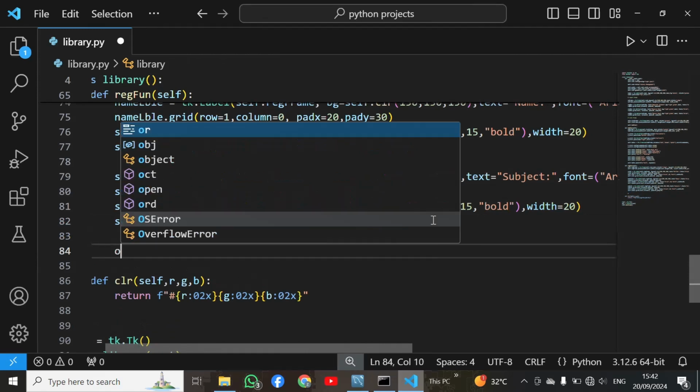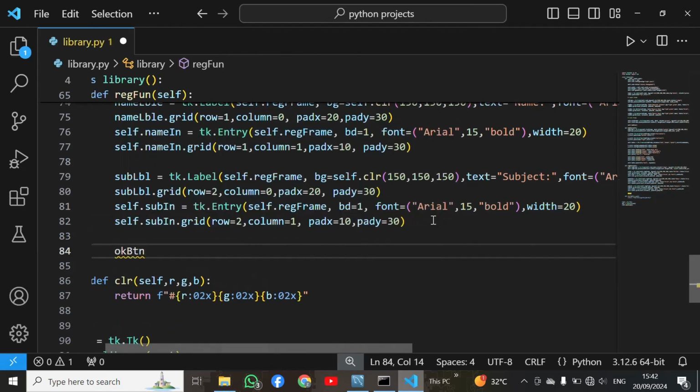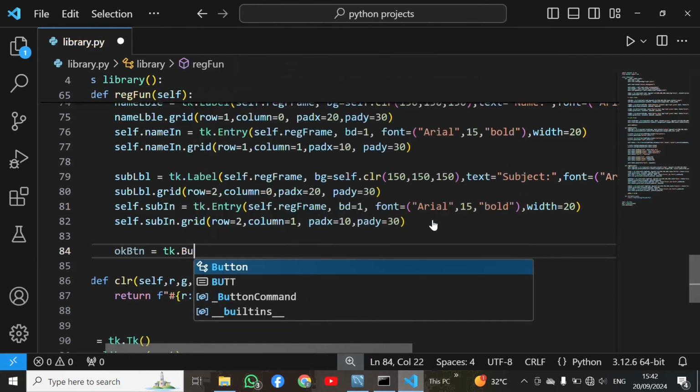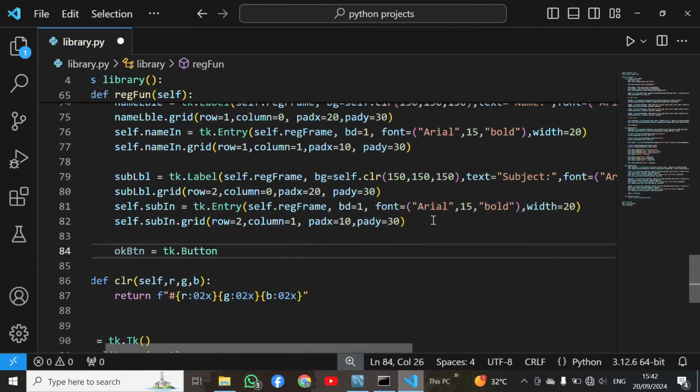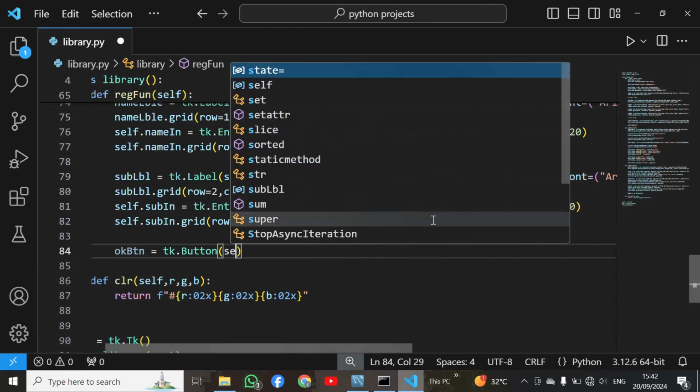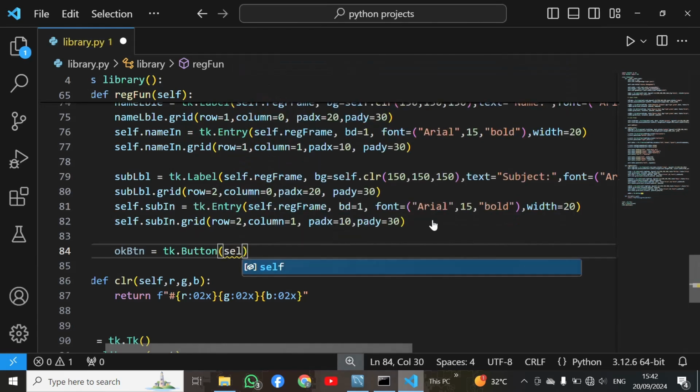Okay, so next we have to create a last widget, that is a button. Okay, button, and then we have to create button tk dot button. Okay, and now we have to create this button inside our registration frame self dot registration frame. Now I have to set text for button. Okay, so here I will set okay,